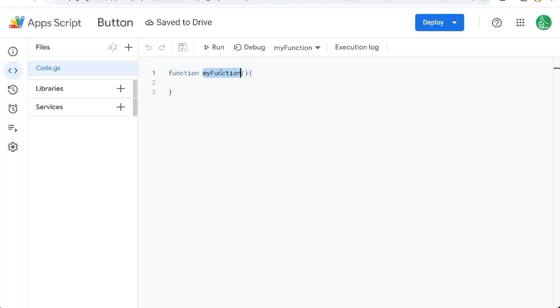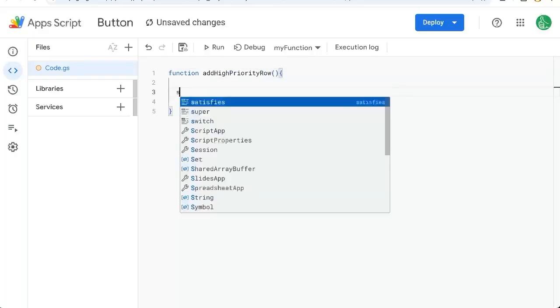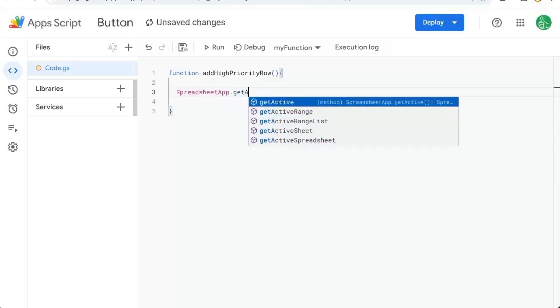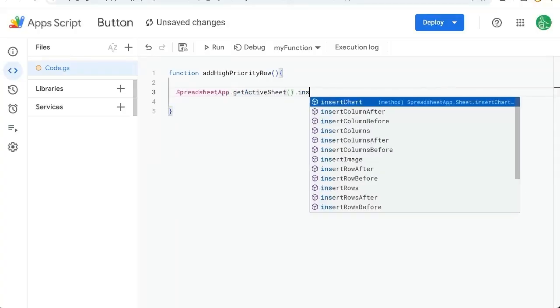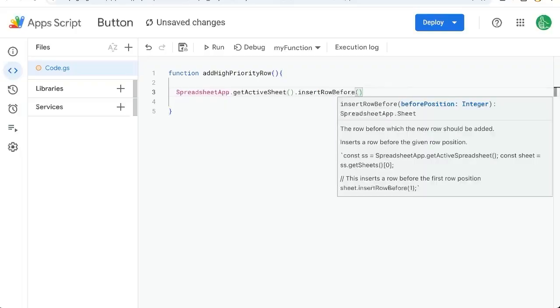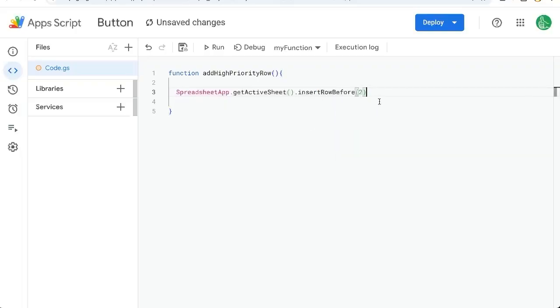Here we'll create a function, addHighPriorityRow. We're just going to add one row at a time. SpreadsheetApp.getActiveSheet().insertRowBefore(2). So this is interesting because you could insert a row after 1, but what's going to happen, let's go back to our sheet,